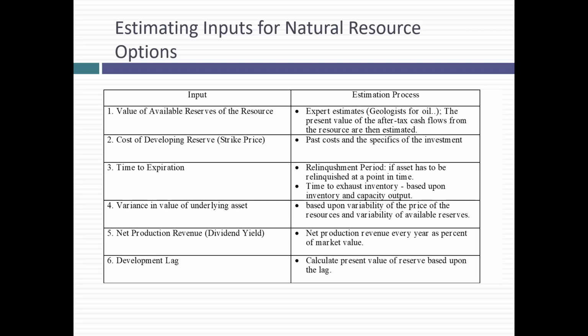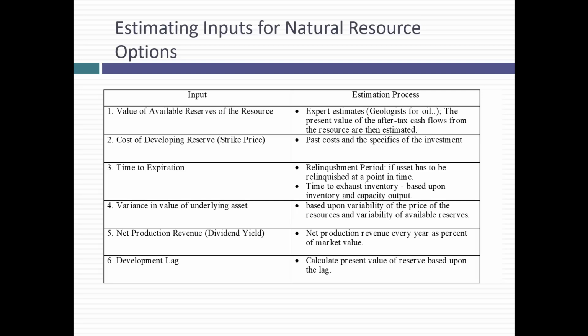Each year that you produce from the reserve, the cash flows you get become the equivalent of the dividend yield. That's a cost of delay because now I'm saying it's a viable reserve. If you don't produce it, that cash flow is not coming. There's one final aspect of undeveloped natural resource reserves that has to be brought into play. Let's say you're an oil company with undeveloped reserves, and oil prices go up from $50 to $80. The reserves are now viable. You decide to develop them. The oil doesn't come out of the ground the next day.